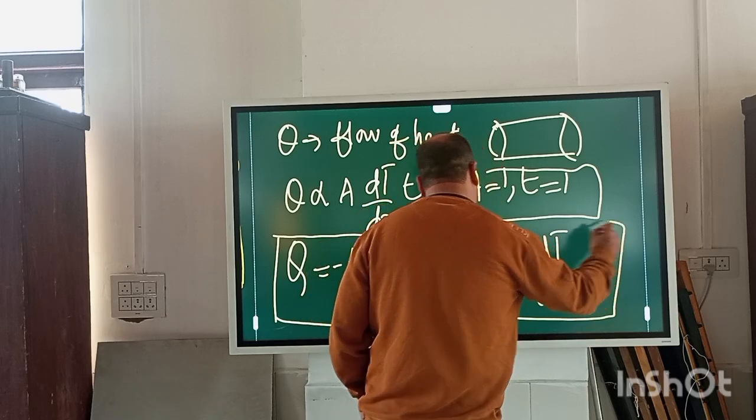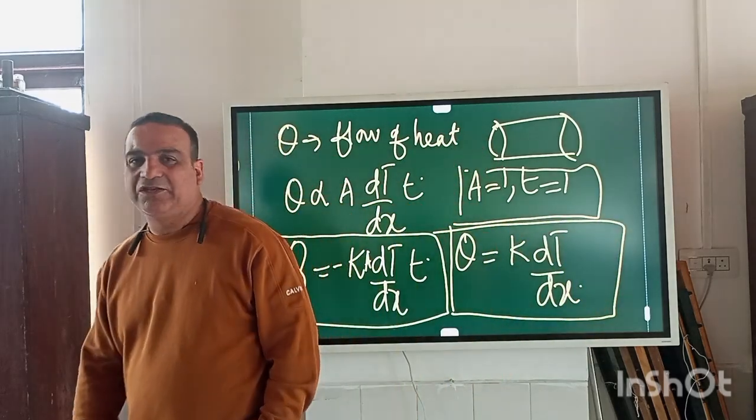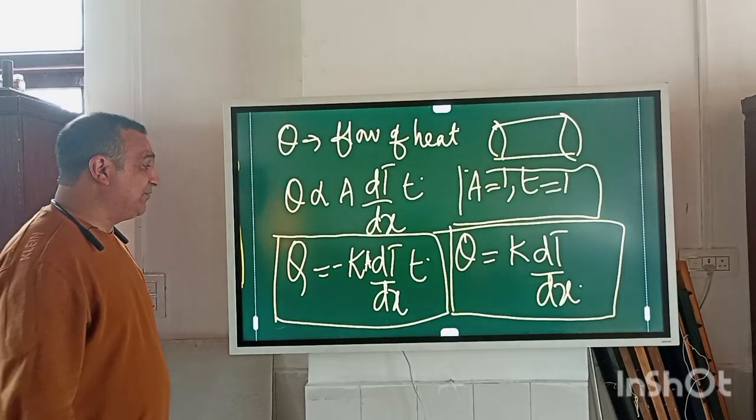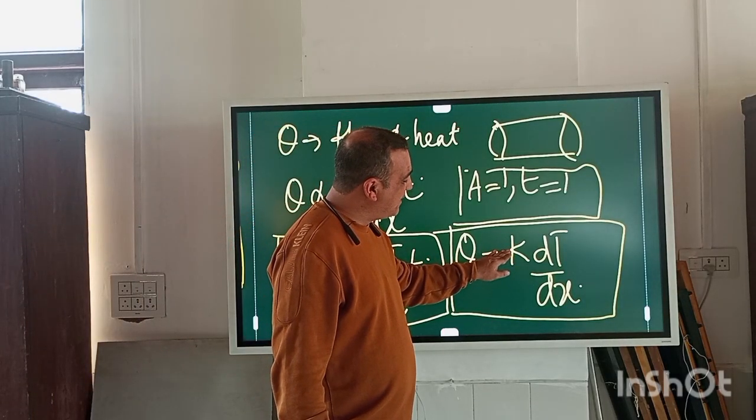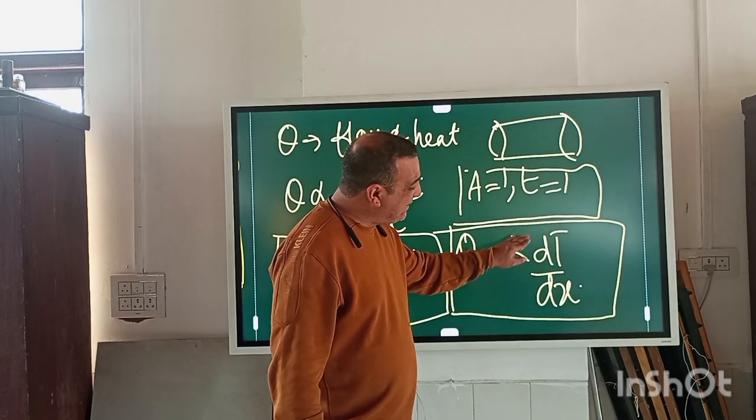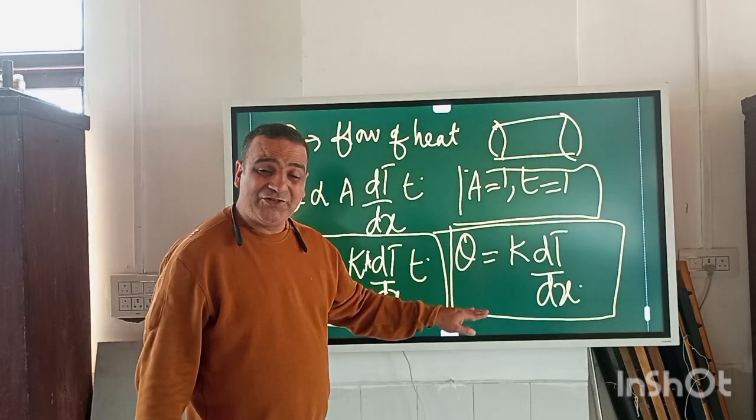So this is my Q. This is my classical Q. This is the Q that we talk about. And this Q is K times dT by dx, where K is a constant of thermal conductivity,